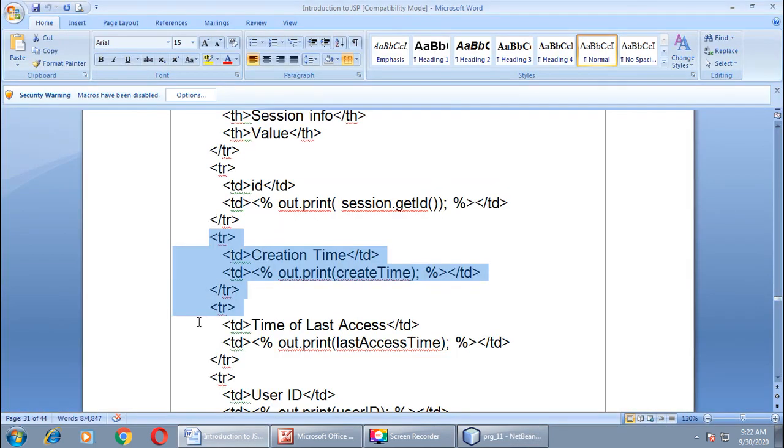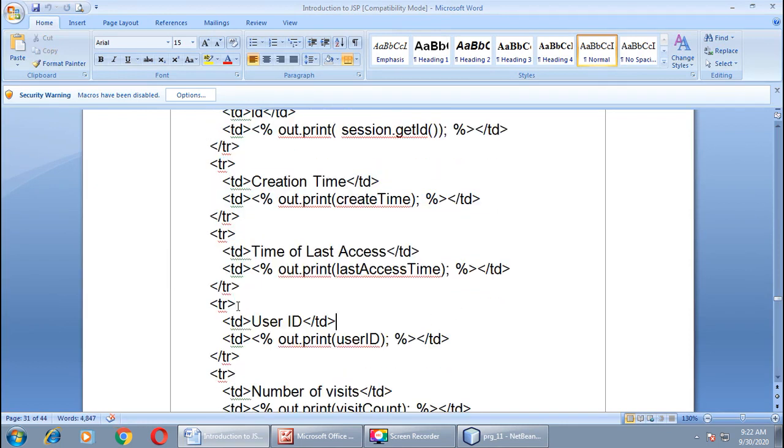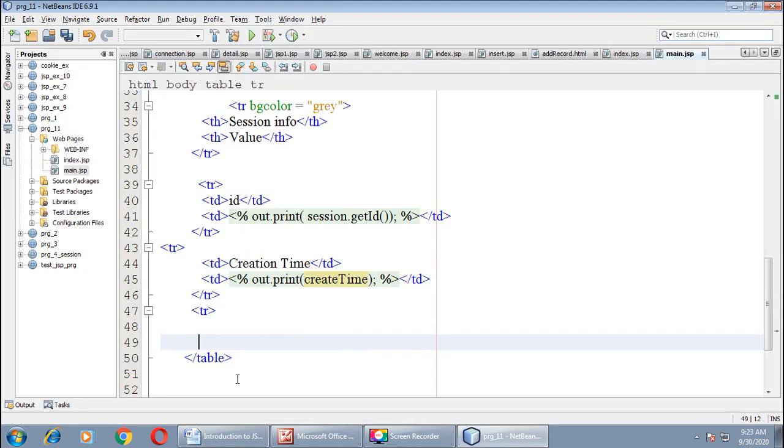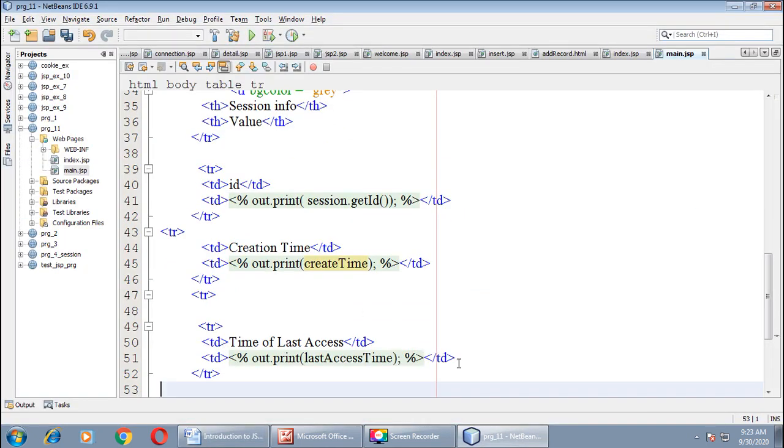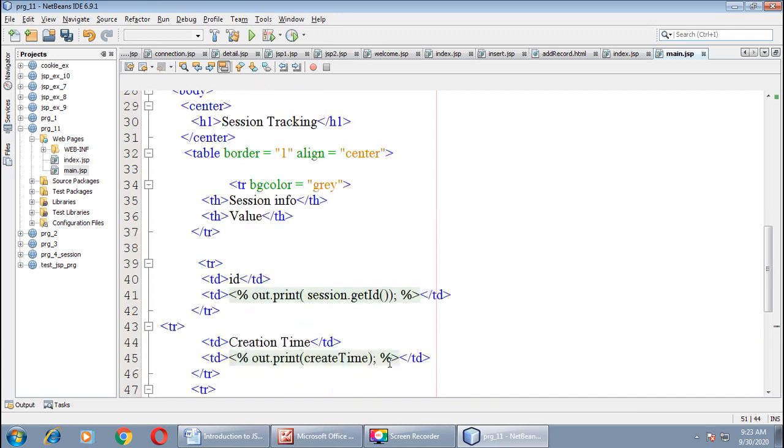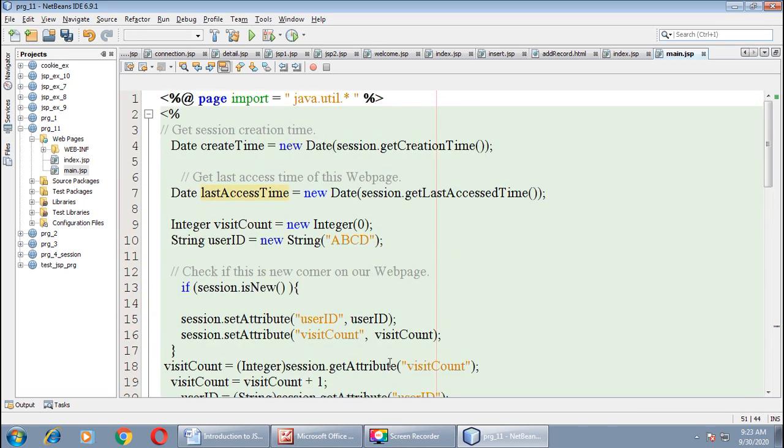Now, last access time. If you remember, we have already defined one variable with this name also at the start of our program. Here it is, last access time.